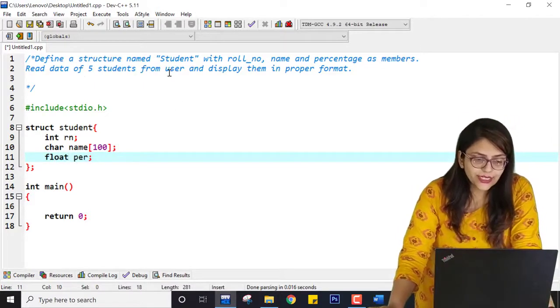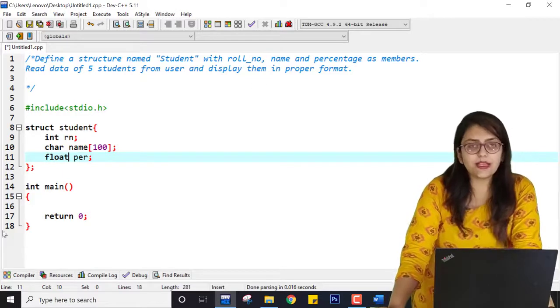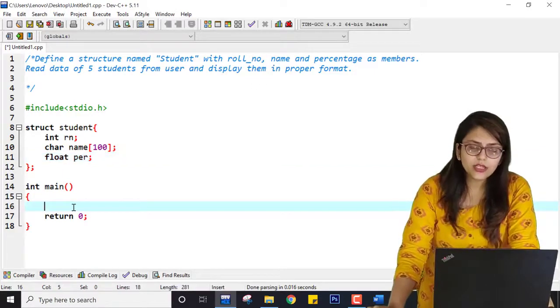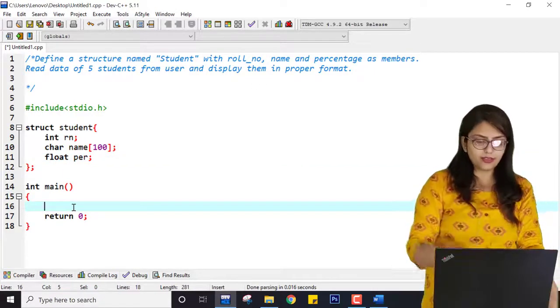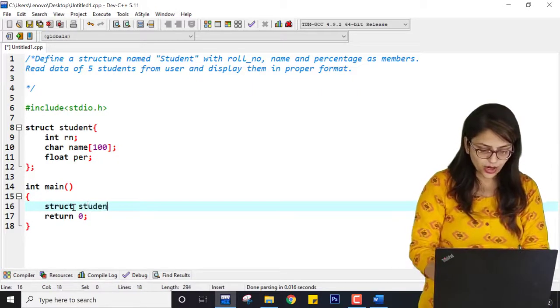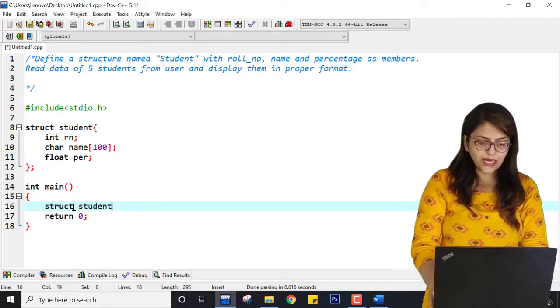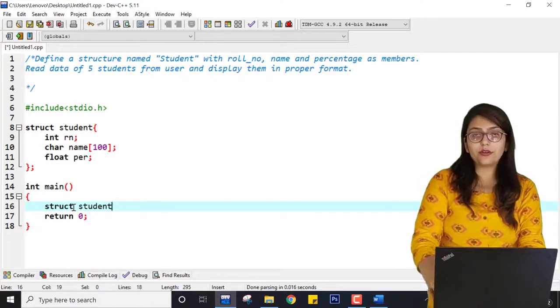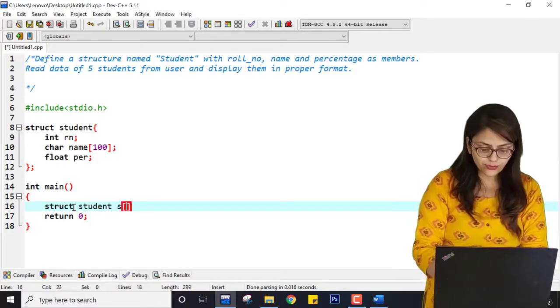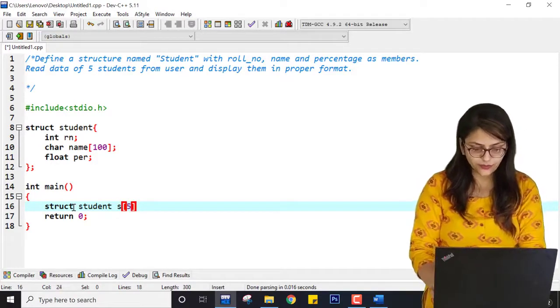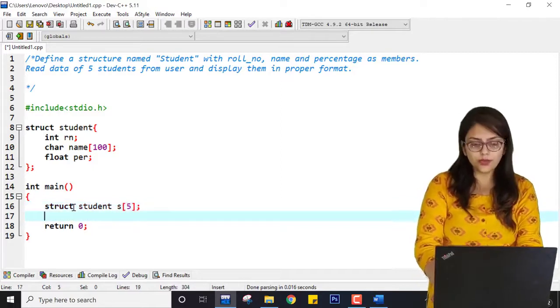As members, read data of 5 students from the user and display them in proper format. So now we just need to enter this data. I am creating struct student, but I need to enter data of 5 students, so I have to take an array of 5 structure student.